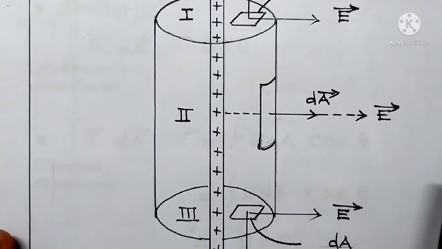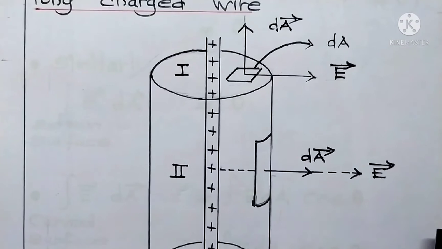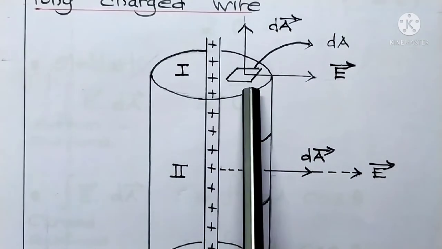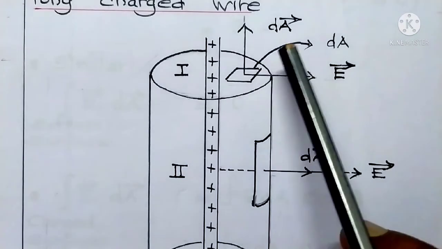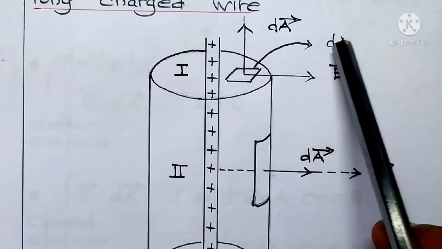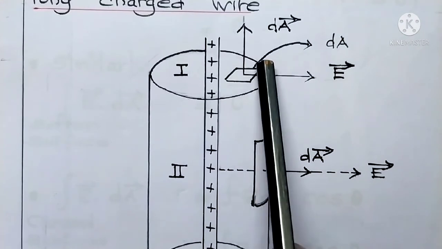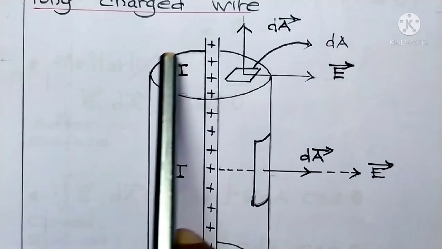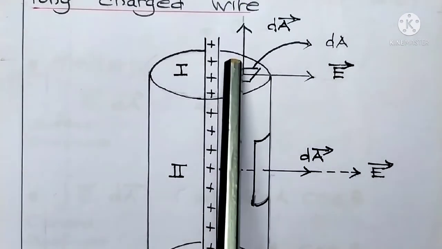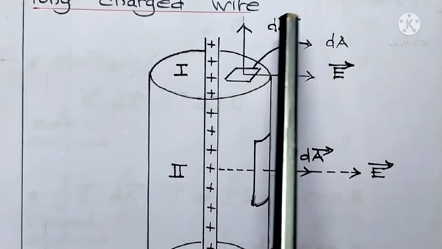Now let us have a small surface over here, which is nothing but dA. A stands for area and dA stands for a small surface which is taken out of this circular surface. Now here comes the areal vector for this surface, which is nothing but dA vector,